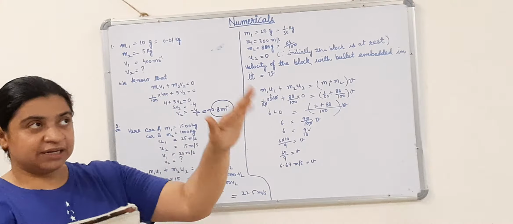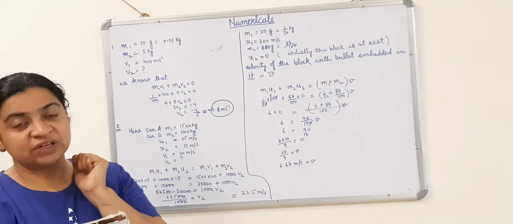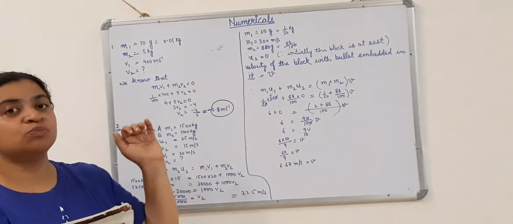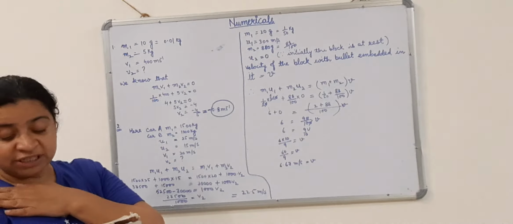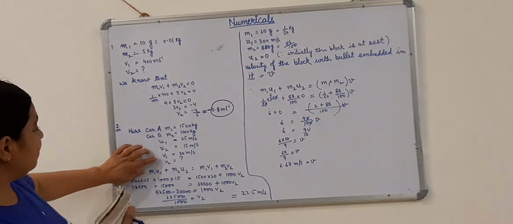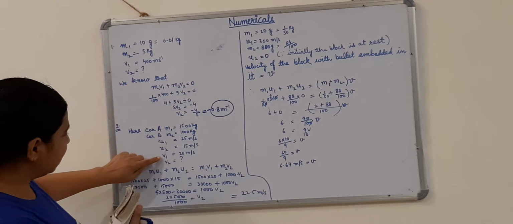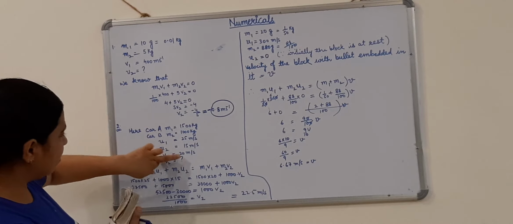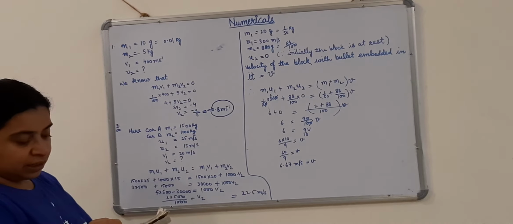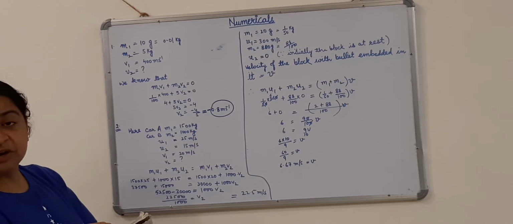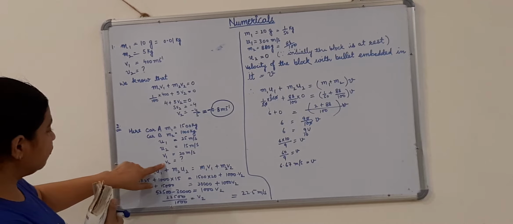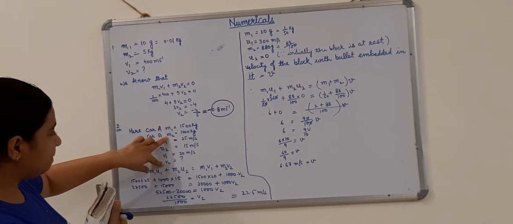In the same direction like we had done in the case of law of conservation of momentum. Both the cars are moving in the same direction. After collision, the velocity of car A becomes 20 meter per second. So that means the final velocity of car A has become 20 meter per second. Calculate the velocity of car B after collision. We need to find out the final velocity of car B.